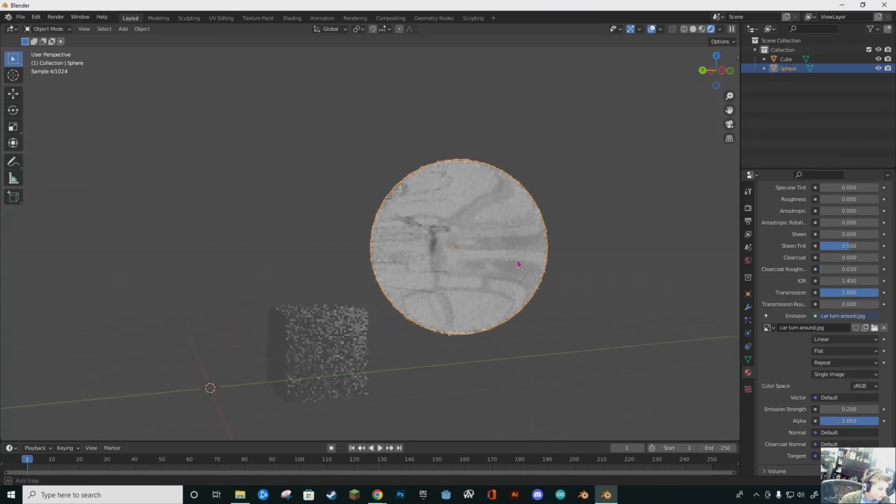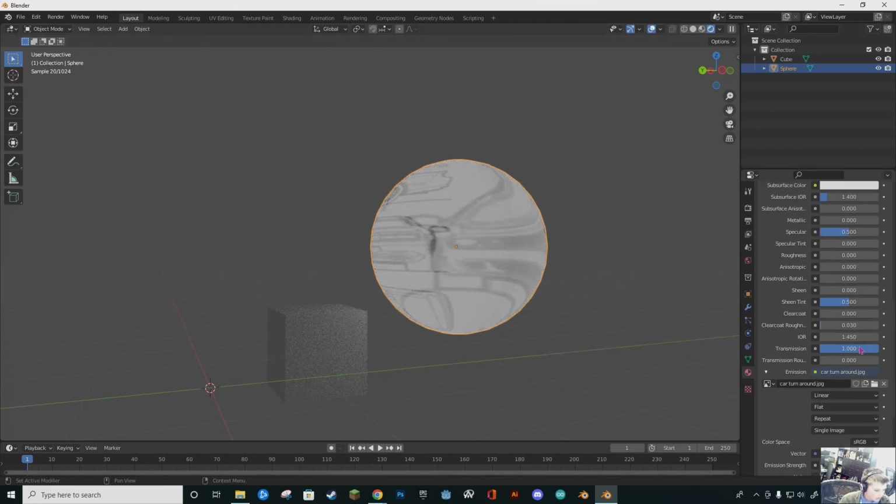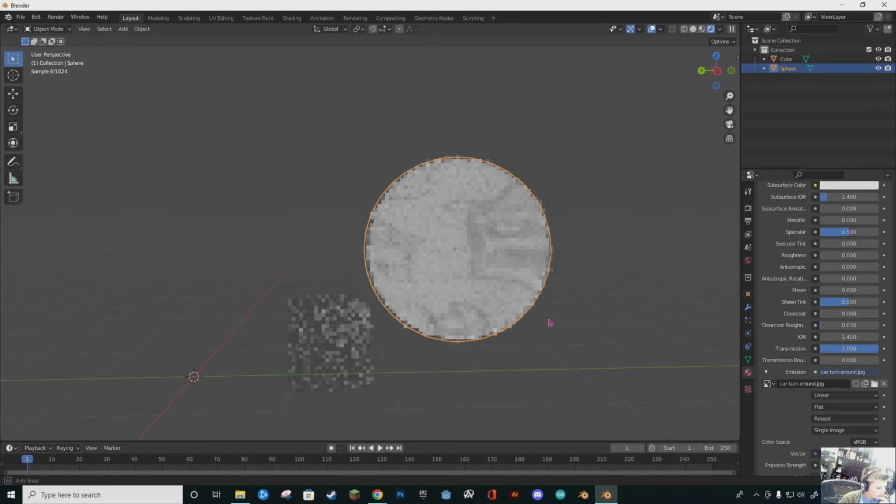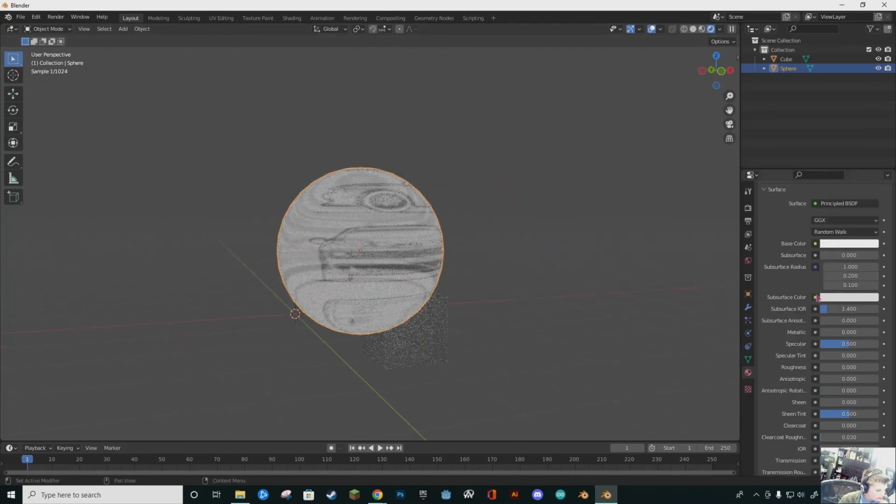And also this is a good way to see the other side. If I turn the transmission all the way down, then you can't see that other side, but if you turn it all the way up, you can. So yeah, that's a quick rundown of